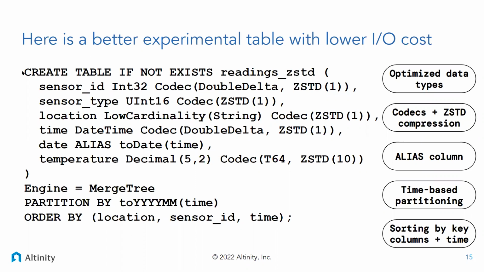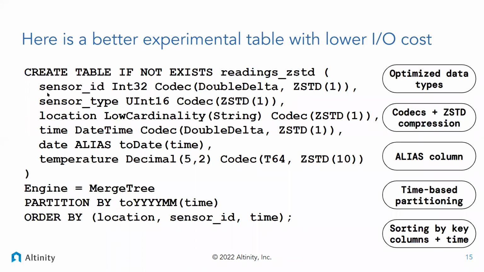So here's an example of where you might go with this data set, and in fact, it mirrors the process that I went through in setting up this sample. In this case, what I'm doing is optimizing the data types, so I'm making them as small as possible. I'm using codecs where possible. A codec is a function that squeezes the air out of the data before it gets handed over to compression. Double delta is a great example of a codec.